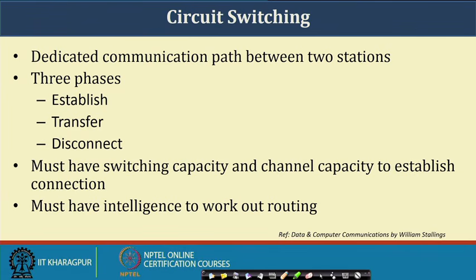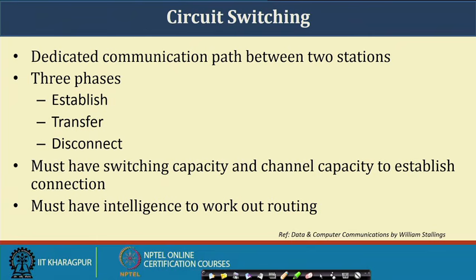Now, circuit switching says that there is a dedicated communication path between two stations. Usually, there are 3 phases. For circuit switching, I should have a dedicated path from the source station to the destination, right. So, how can a dedicated path be established? There are 3 phases. First is the path establishment phase, the next is the transfer of data or information from the source to destination, and the third one is the disconnection phase. The establishment phase is basically